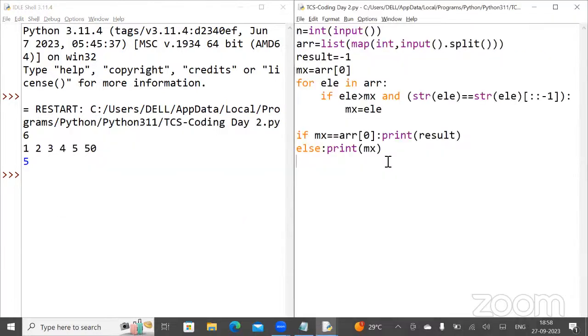I hope you have understood this logic properly, and how we have built this code. Again, if you want to build it in Java or C++, the logic will be the same, only the syntax is going to change, and definitely you can solve it with the same logic. Yes, guys, quickly confirm here. I hope you have understood this logic and the code that we have written.